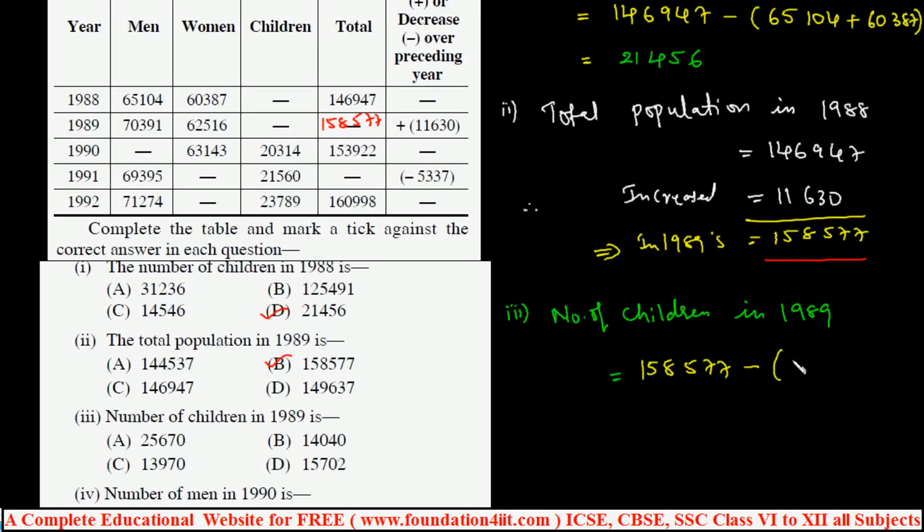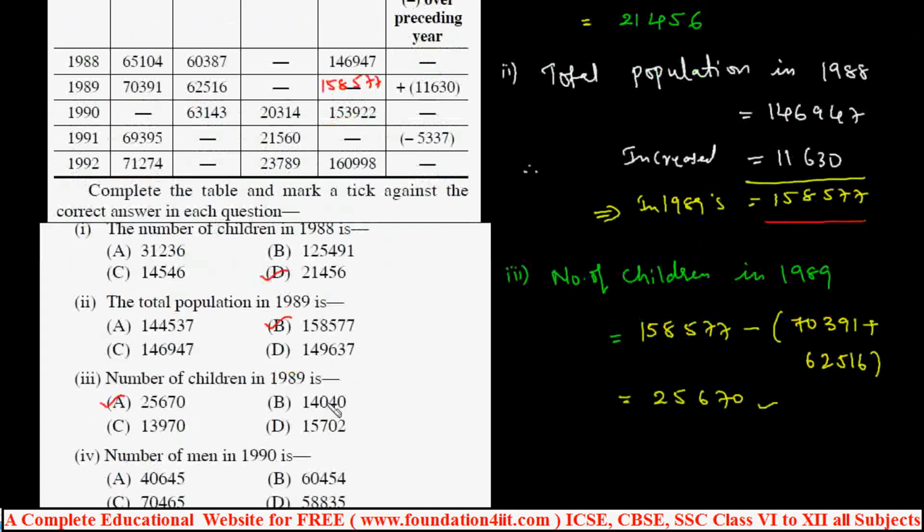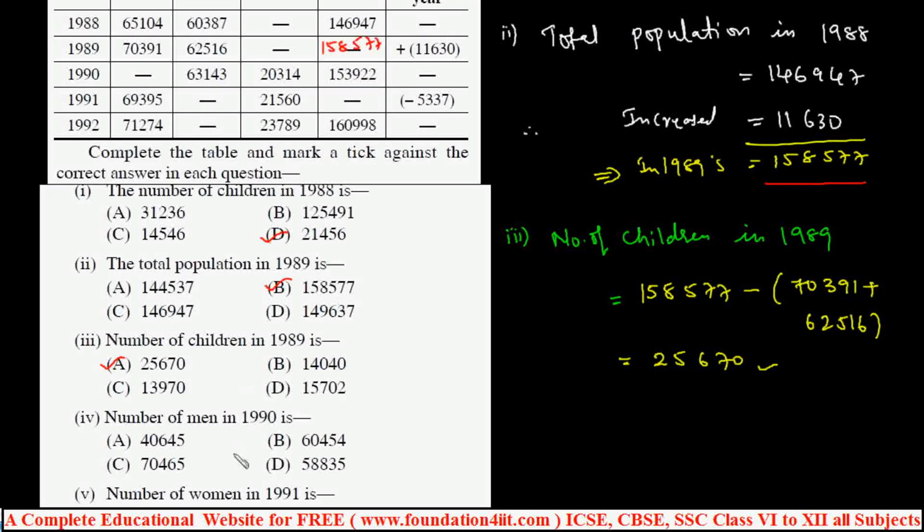That's it. So this is the 70,391 plus how much remaining? 62,516. Then we can get the answer, that is 25,670 is the answer for this. So that is option A,